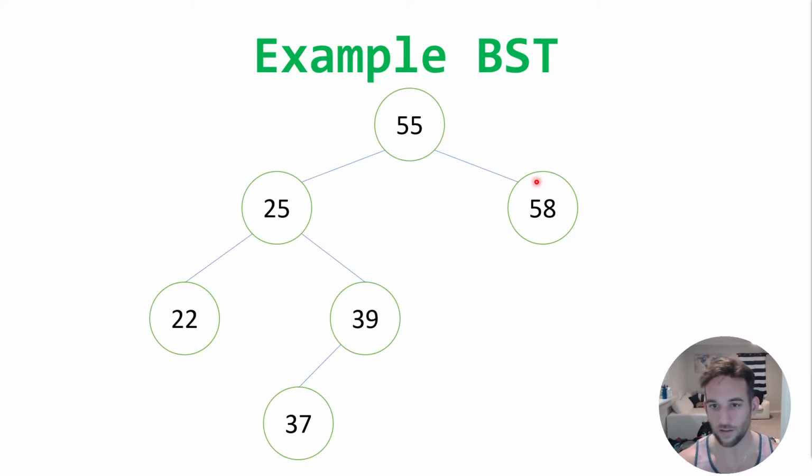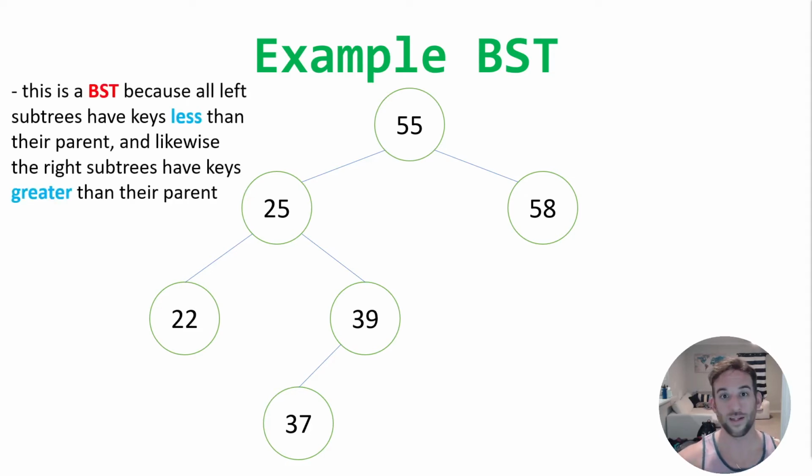Okay. Now, if we take another subtree, let's take 25. Well, all nodes to its left are less than it. In this case, we only have one, which is 22. Then all nodes to its right are greater than it. So in this case, we have 39 and 37. Okay, that's how binary search trees work. Now there's a term to get in your head and remember. It's called balanced trees. Binary search trees don't care about balancing at all. All right. So we're going to go ahead and get into the next slide, which is going to go over